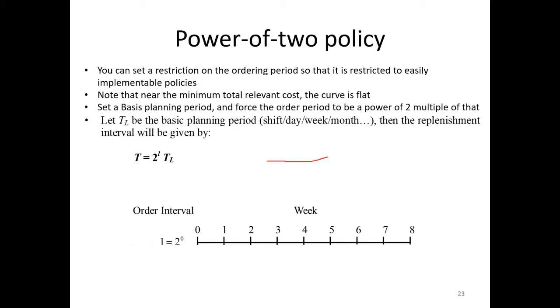So for instance, the inventory level diagram for one item could be as such, with an ordering cycle, for instance, of 2 weeks. We can have another inventory item that looks like that, with an ordering cycle of, let's say, 2.5 weeks, or 3 weeks. We might have another item that has an ordering cycle of 5 weeks, and so on. So in this case,